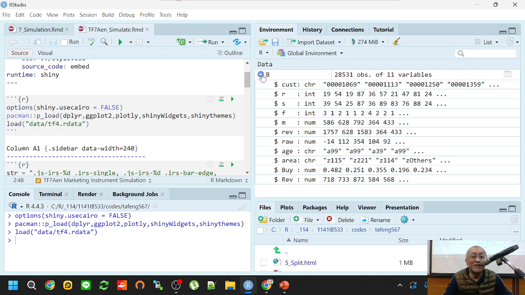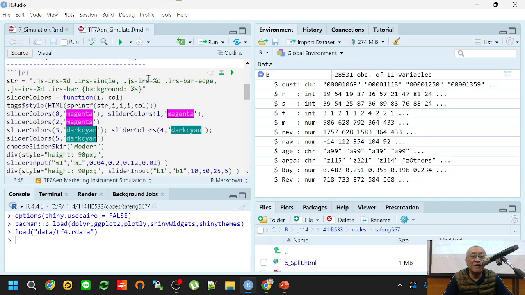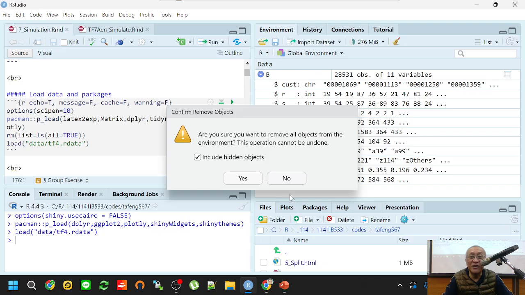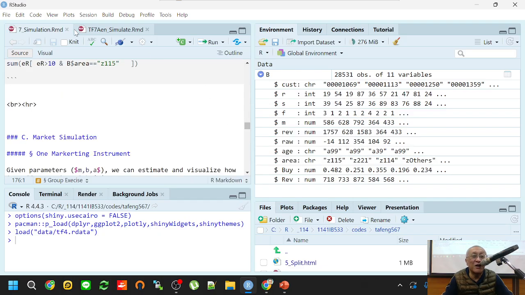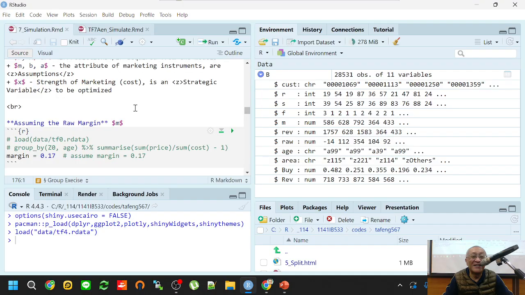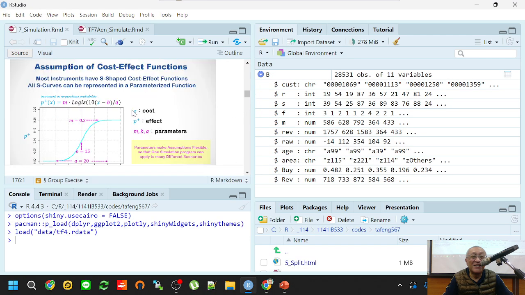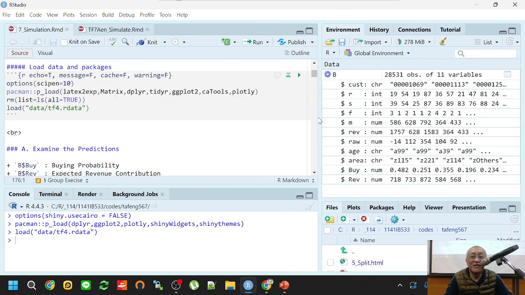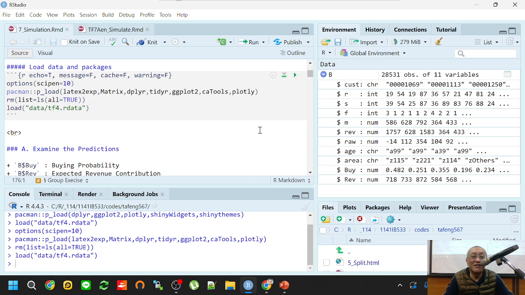So that is data frame B. Sorry, I think I have run the wrong thing. I should jump to the 7 simulation RMD first. But actually, it's basically the same thing. So again, we have the